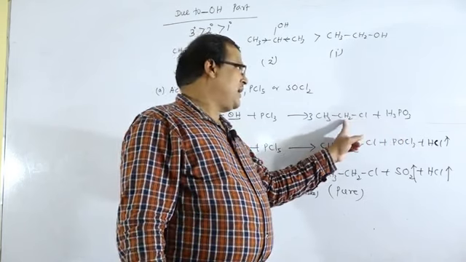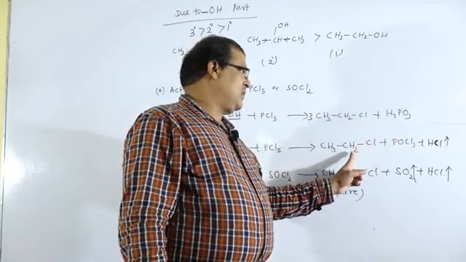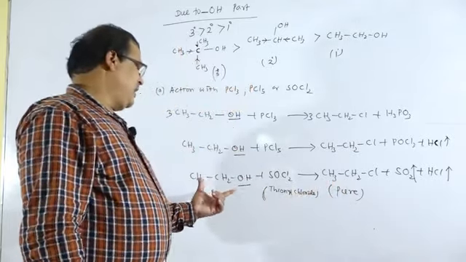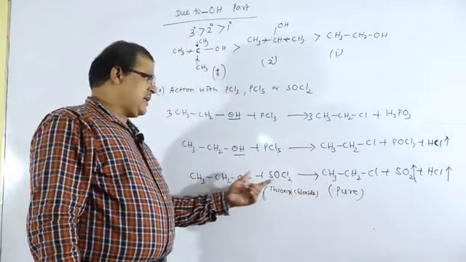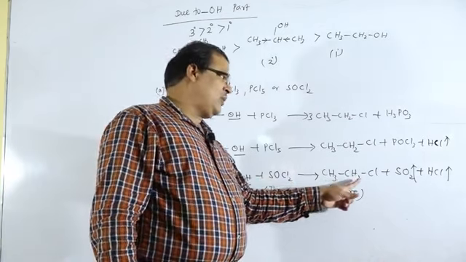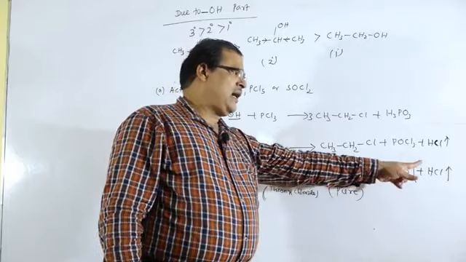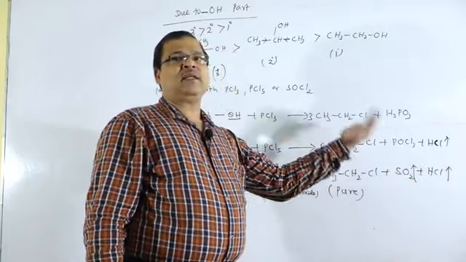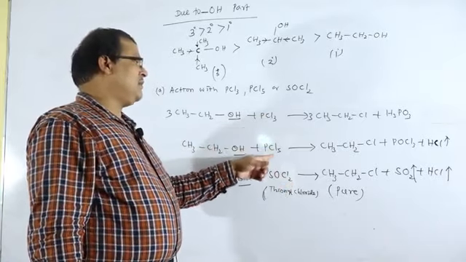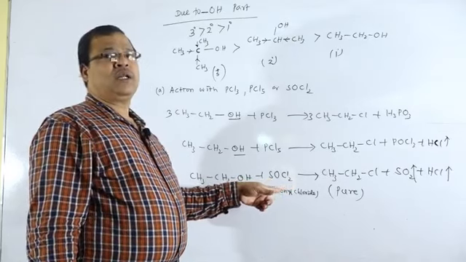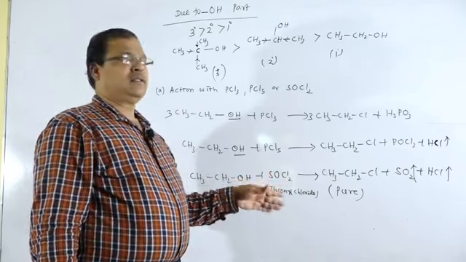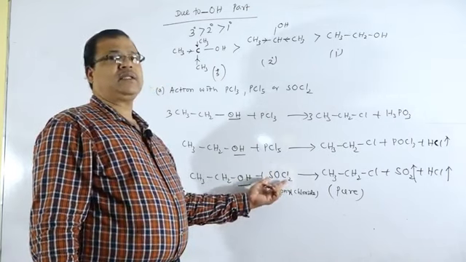So this is contaminated with H3PO3, this is contaminated with POCl3, but whenever alcohols are treated with thionyl chloride, there is the formation of pure ethyl chloride, because SO2 and HCl are removed as gas. That is a very important short question: which of the following, PCl3, PCl5, SOCl2, SO2Cl2, will produce pure alkyl halide? Thionyl chloride, the formula is SOCl2.